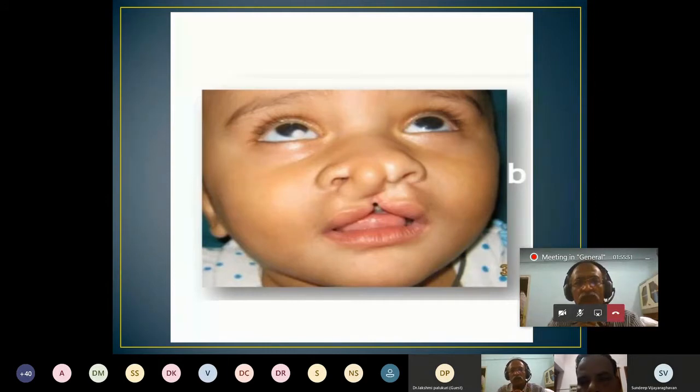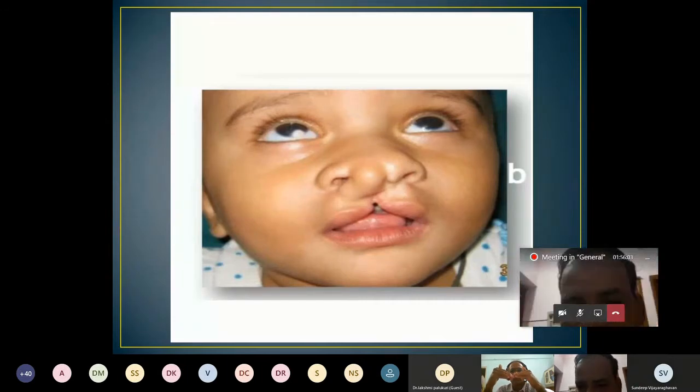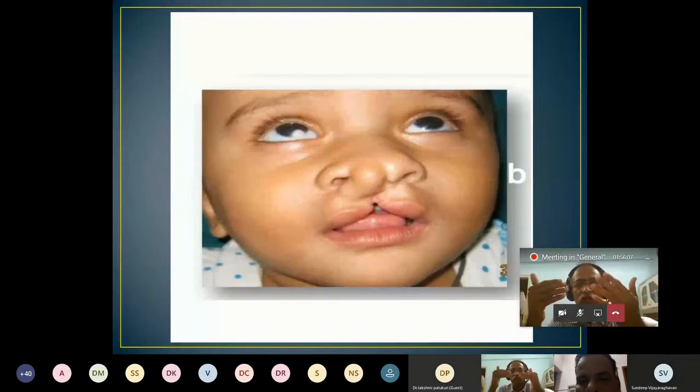What points will you mark? You want to reconstruct the lip. The white roll should not be a straight vertical closure, sir. It should be like a Z-plasty type of closure. But that is later on. What points will you mark? This is the point, na? The highest point of the Cupid's bow and the proposed lowest points of the Cupid's bow.